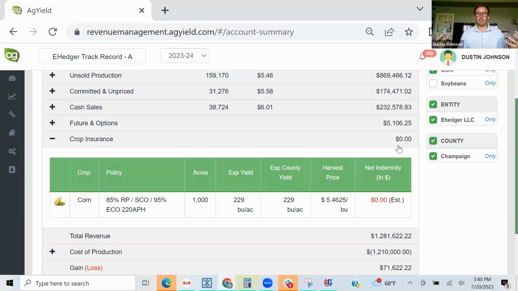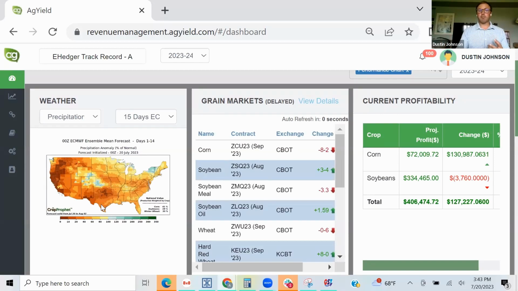Again, it's another thing you can decide to turn on or not turn on per what you're looking at through the year, and that's something you get as a full service customer with AgYield. Beyond what we've shown today, we also have the maps, like Jan was mentioning, built right into our dashboard, so you can flip between precipitation, satellite NDVI, and average temperature, and you can get to the full Crop Prophet software within AgYield software as well. That's integrated right in.